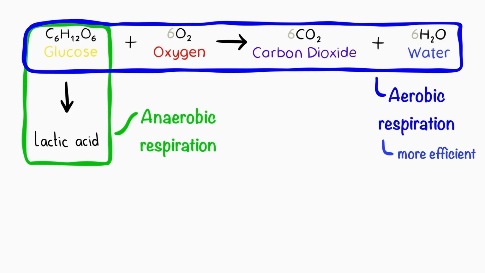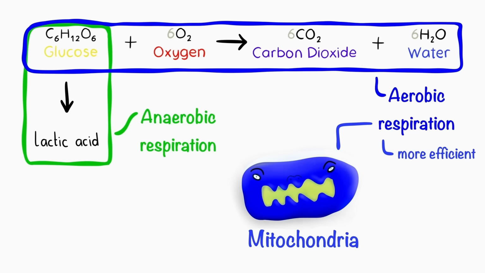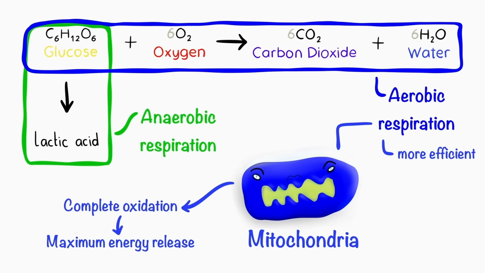Aerobic respiration uses oxygen. It's the most efficient way to transfer energy from glucose. The word equation for aerobic respiration is glucose plus oxygen equals carbon dioxide plus water. There is also a chemical form of this equation. Aerobic respiration happens all the time in plants and animals. Most of the reactions take place inside specialized structures called mitochondria. This process releases a large amount of energy from each glucose molecule because the oxidation of glucose is complete when